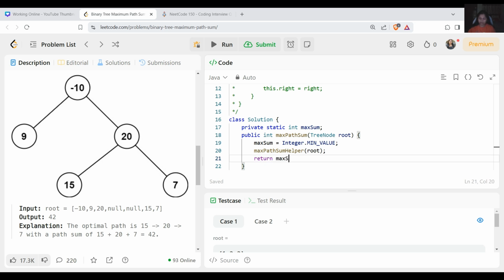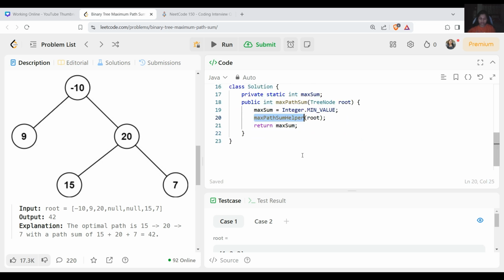Okay, private static, and inside that we need TreeNode and keep the name as node. Now first we have to check the base case: whether that node is equal to null or not. If it's null, we just simply